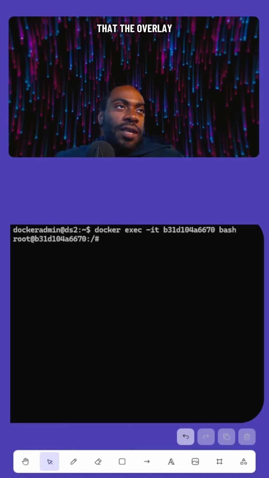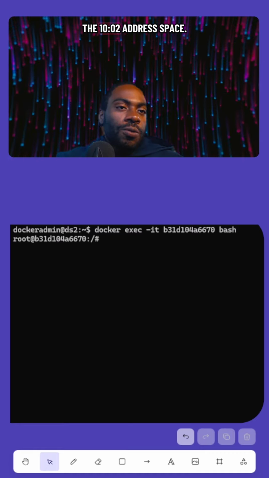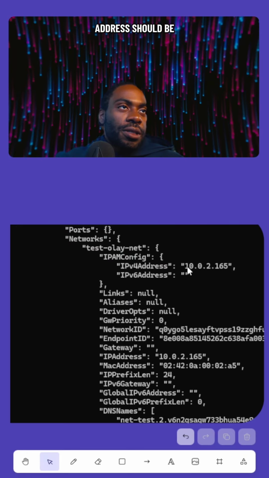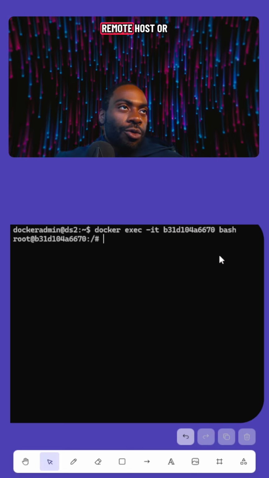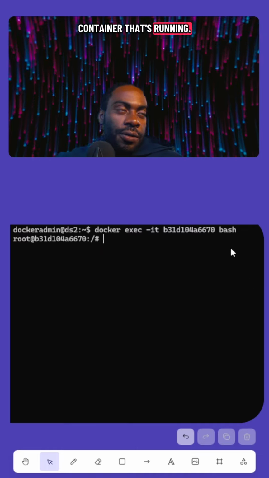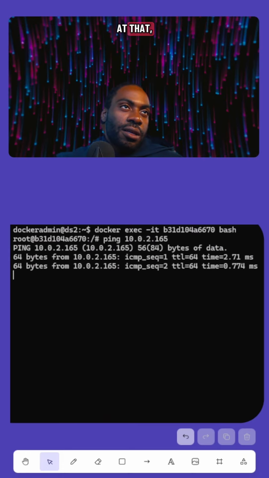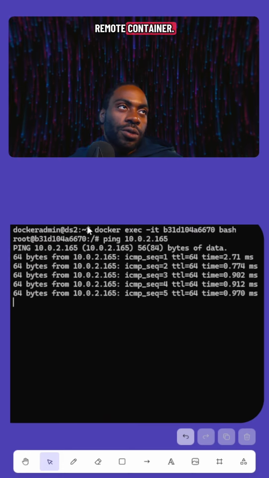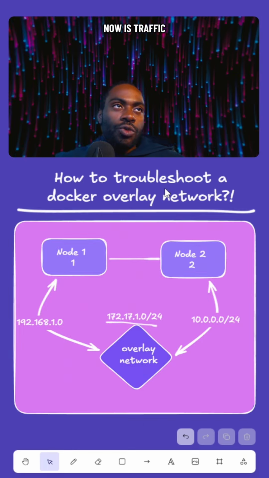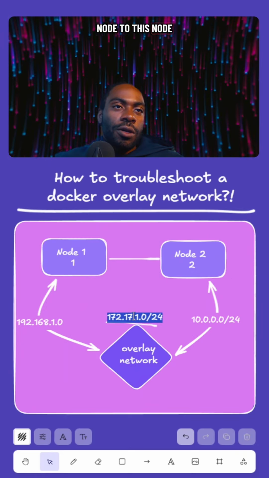So I know that the overlay network is in the 10.0.2 address space. So my destination address should be 10.0.2.165 for the remote host or the other Ubuntu container that's running. I could do a ping 10.0.2.165. And look at that, we're able to successfully ping the remote container. So basically what's happening right now is traffic flowing from this node to this node over this